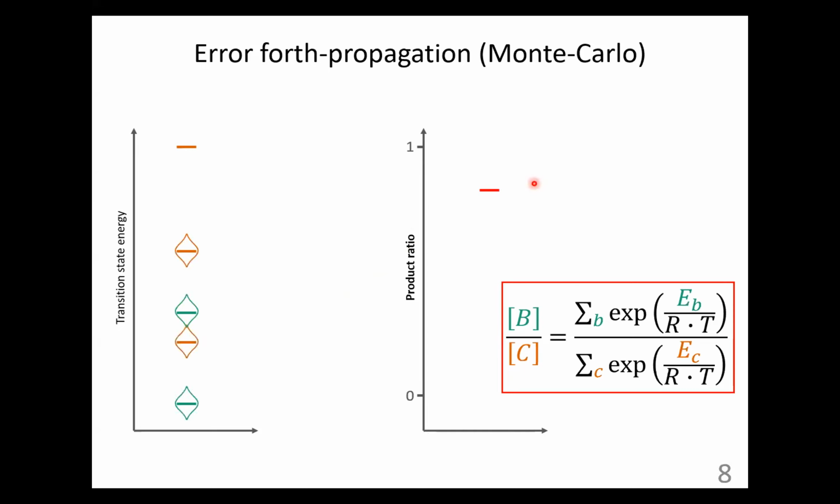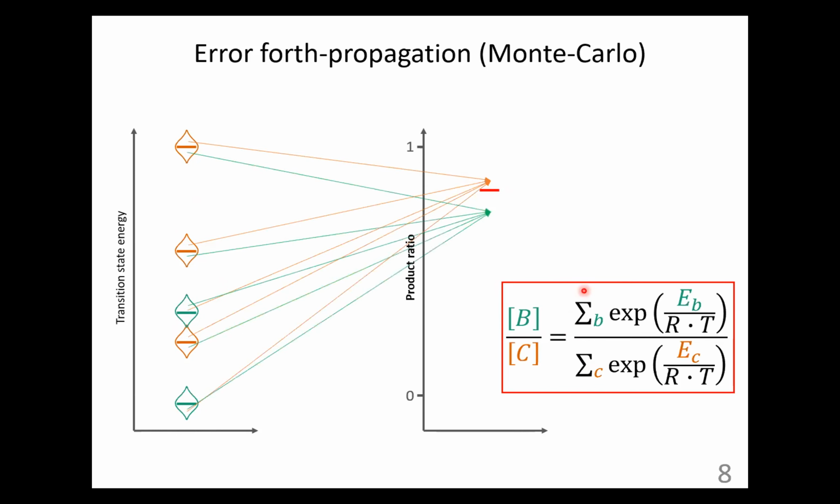What can we do next? If we say that we know the errors in transition states, we know the uncertainties in the transition state energies, then we can visualize these uncertainties with violin plots, and then we can sample all these uncertainties or energy distributions randomly. We just sample one energy from this distribution, one from here, one from here, here, and use them in this formula and get this new value right here.